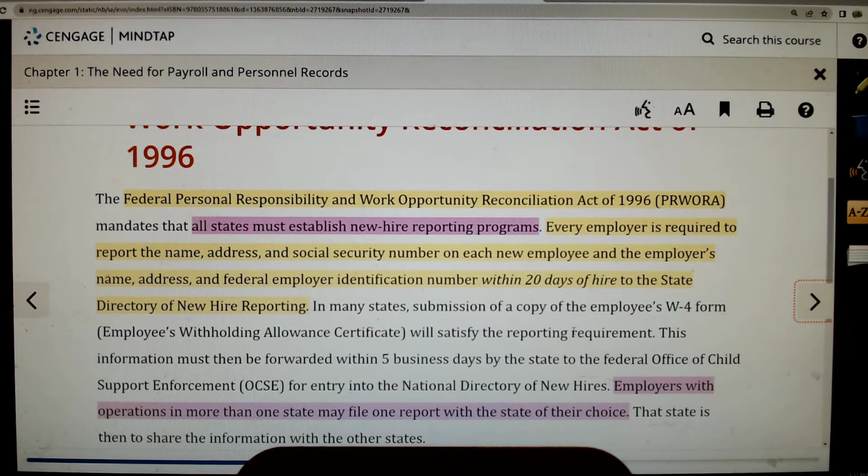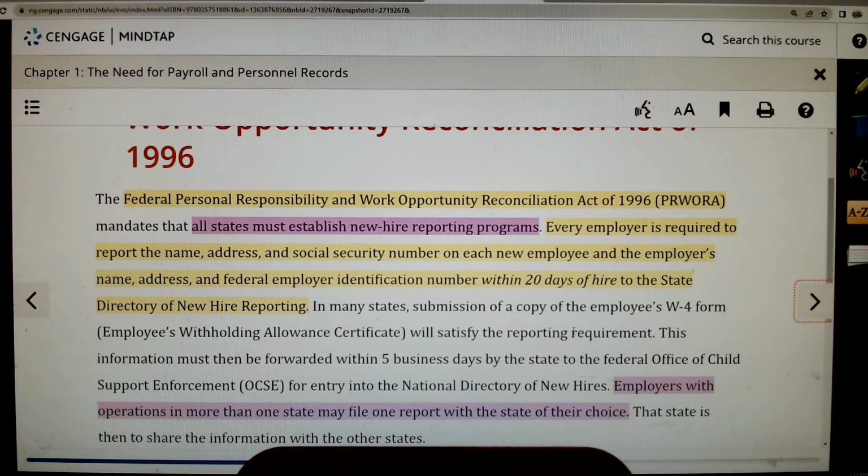This is probably the child support law. This is where if someone is behind on their child support and their wages are being garnished, they may just quit their job and go get another one, and wait for the state to catch up with them again. Well, this is a way to try to keep tabs with them, is to require employers to report